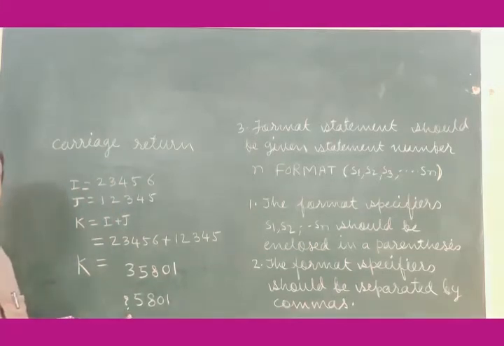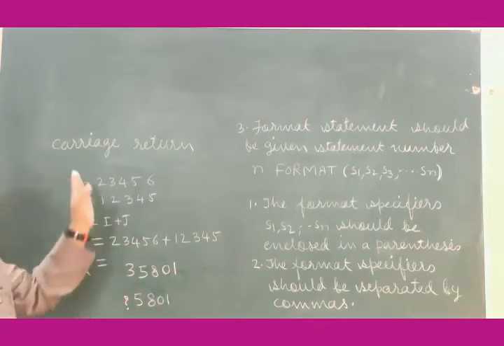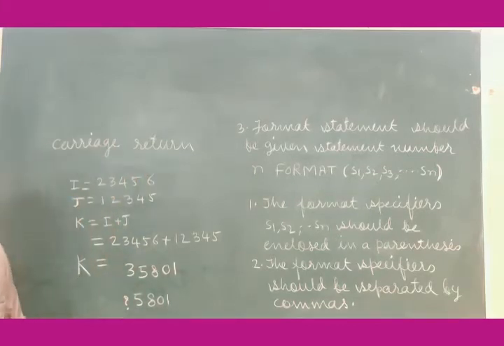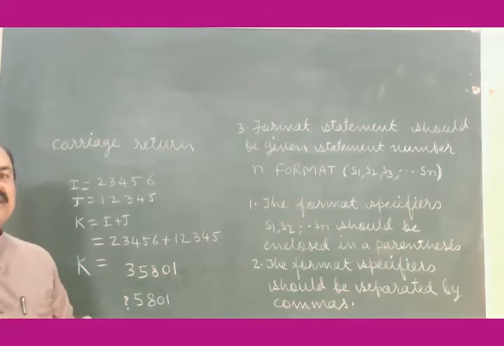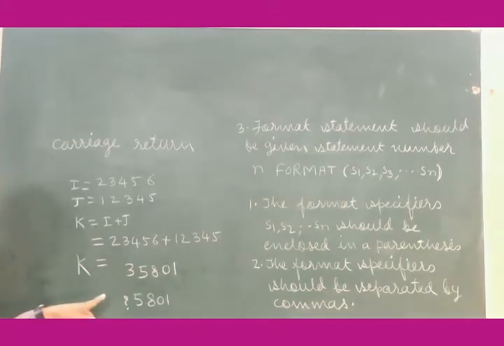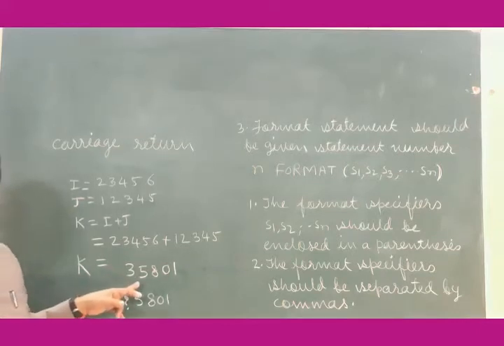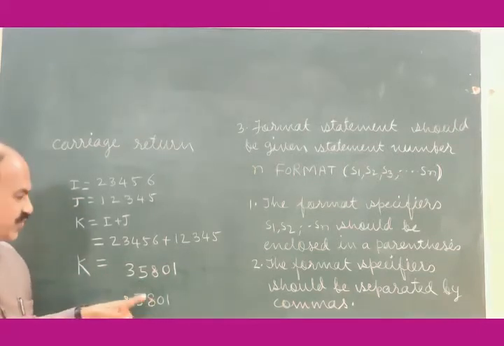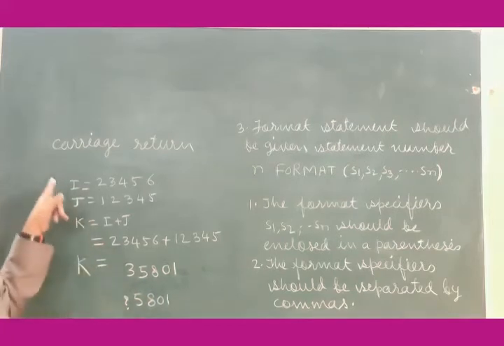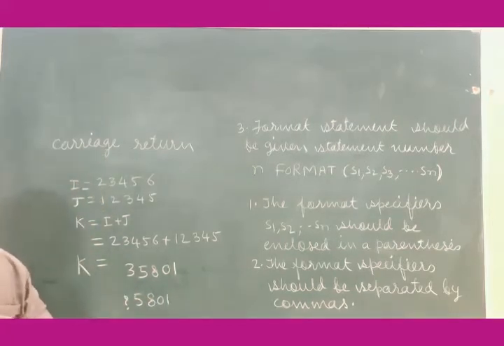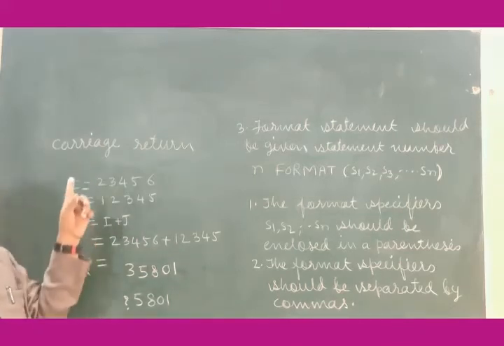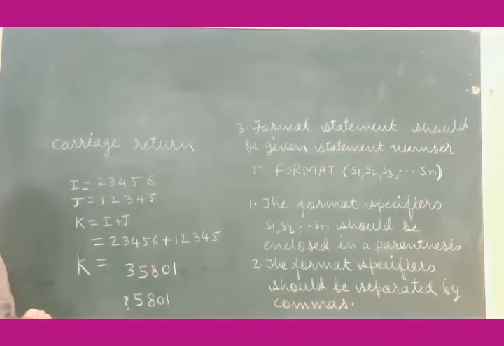Whatever character is coming in the first column of the output is erased, deleted by the carriage return, and therefore while printing the output, the first column in the output should be kept blank. It should be empty, so that we will not lose some part of the output. That is what the carriage return is about. So, always remember what this carriage return is.